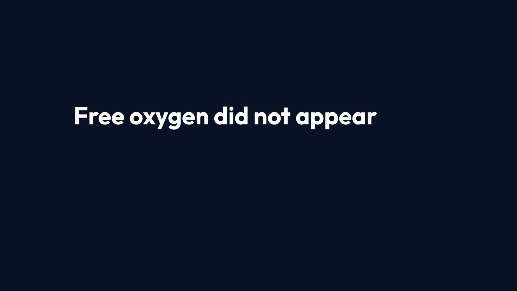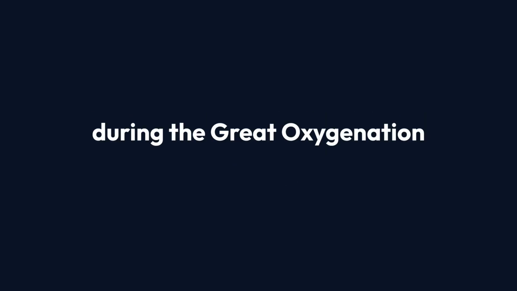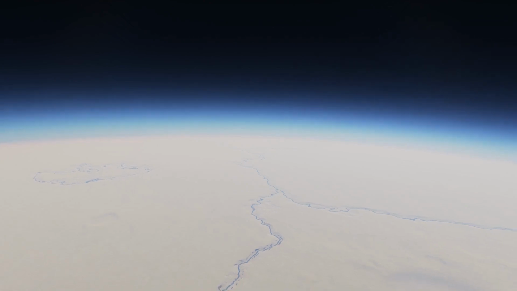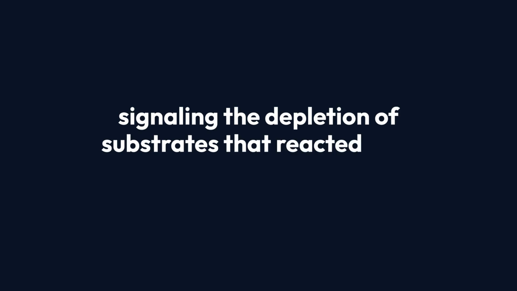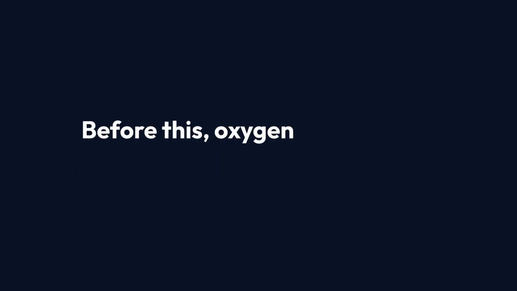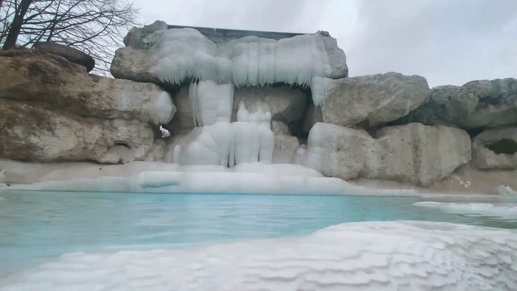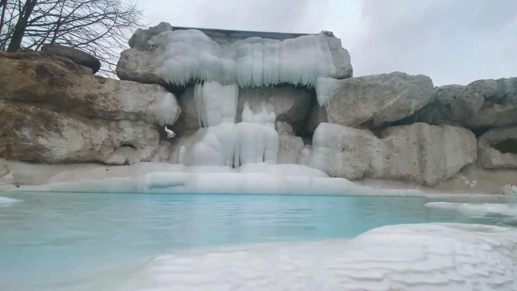Free oxygen did not appear in the atmosphere until about 2.4 billion years ago during the Great Oxygenation Event. This event marked the end of banded iron formations, signaling the depletion of substrates that reacted with oxygen to produce ferric deposits. Before this, oxygen produced by cyanobacterial photosynthesis was removed by oxidation of reducing substances like ferrous iron, sulfur,